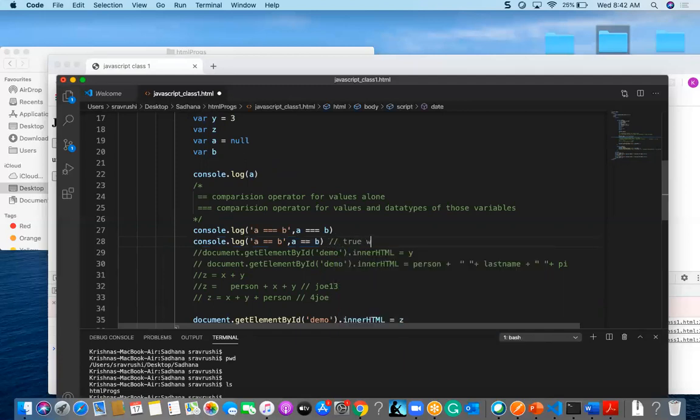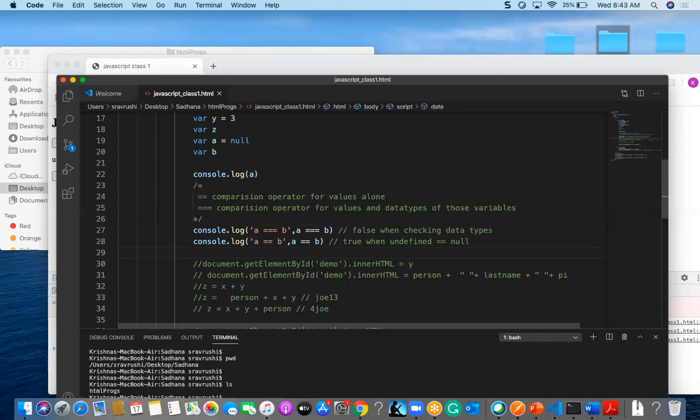When undefined is equal to null, in this case both values will be equal. But if we check the data type, they are not equal. Here it is false when checking the data type.